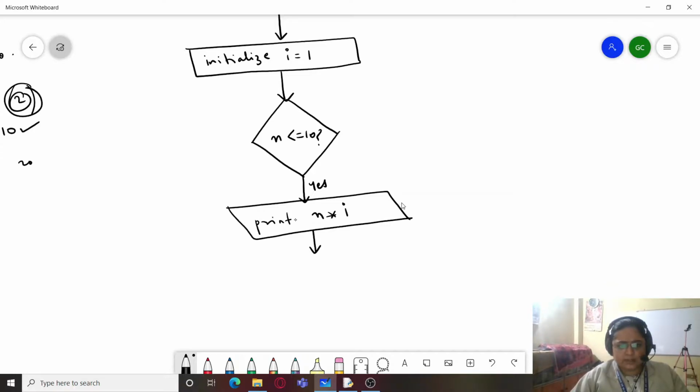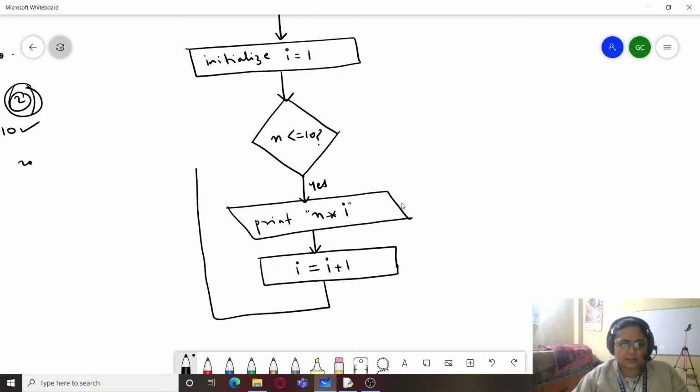Then, because this is to be printed, here I have simply taken an output box. Now I will increment the value of I by 1. So I will write I equal to I plus 1, and again I will go back to the loop.